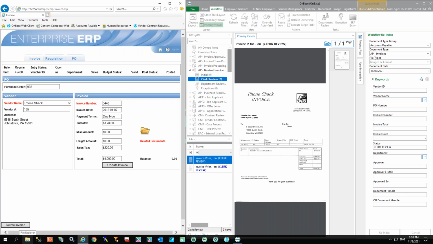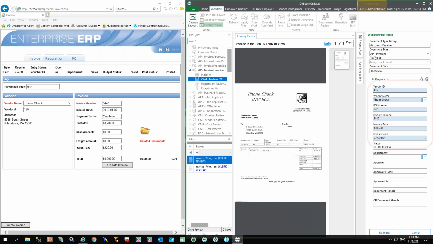On the right side, I have OnBase, and it happens to be a workflow interface where I have a workflow action already invoked saying I want to re-index this document. All of those keywords are currently blank, but I invoke that keystroke or mouse event on my ERP screen, and it lifts all of the mapped information off of that screen on the left, and that's mapped into OnBase keywords, however that makes the most sense.